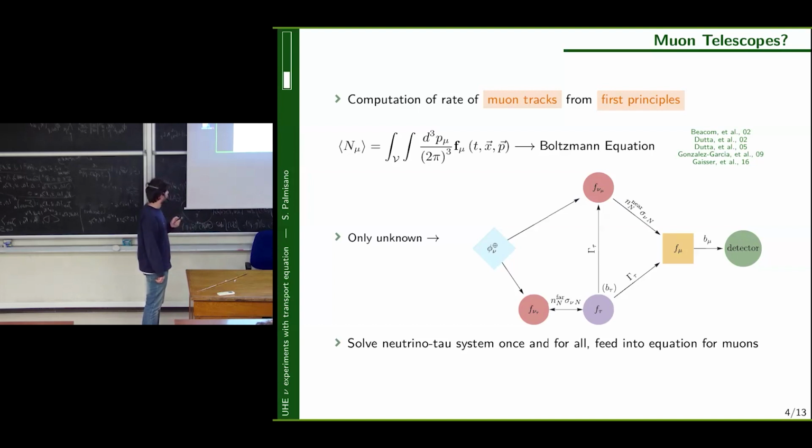From the parameters of the neutrino flux directly to the experimental rate, only using the forward approach. So this is a graphic representation of the system of Boltzmann equations, sort of simplified. The only thing that is unknown, at least, is the neutrino flux at the Earth's surface. This neutrino flux will have both a muonic and a tau component, as well as an electron component, of course, which doesn't enter in this picture.